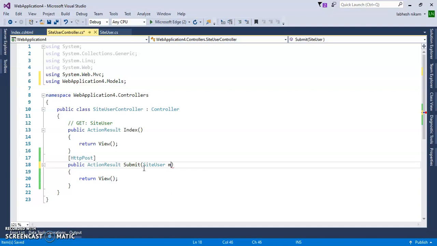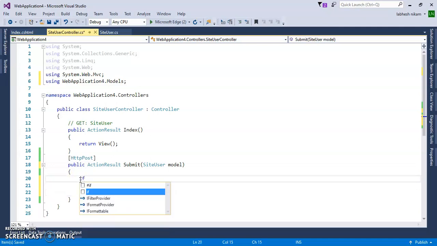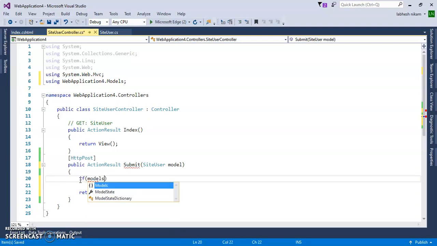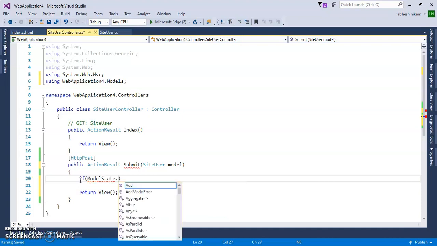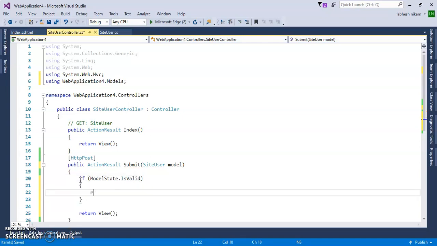Model name, suppose it is model, and if ModelState.IsValid. If it is valid, meaning all the properties are obtained, then return View model.